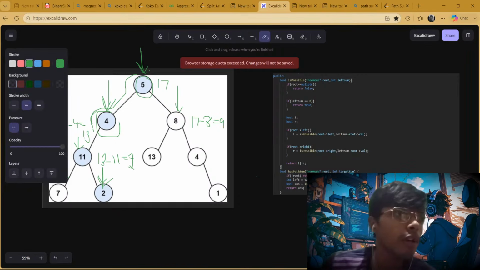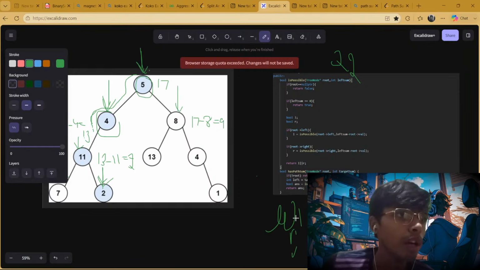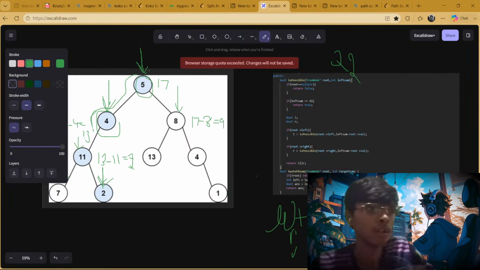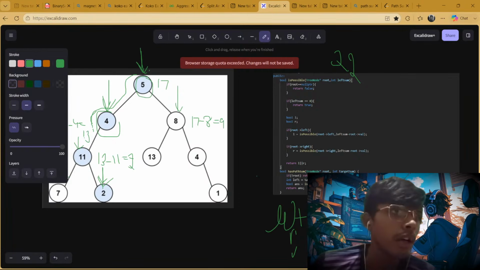सो सबसे पहले ये कि मेरा टारगेट सम जो लिया हुआ था, वो 22 किया हुआ है। ठीक है, और 22 लेने के बाद मैंने क्या किया कि एक लेफ्ट निकाला, तो जो मेरा लेफ्ट आया है, वो आया है मेरा टारगेट सम माइनस रूट वैल्यू। सो टारगेट सम मेरा 22 था, और 22 में से मैंने 17 को माइनस कर दिया, ठीक है।